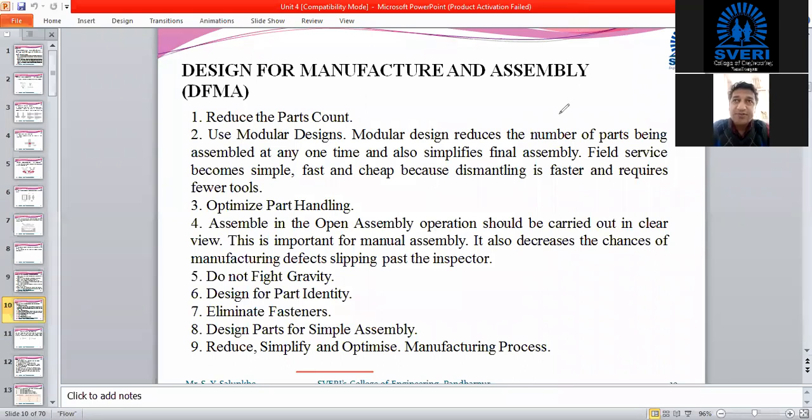The main part of the designer is to invent some new methodology, some new machine, some new component, and some new process also. We have to investigate some new things for the same type of work with reduced cost and better operation. That is the basic function, the basic job of a designer.